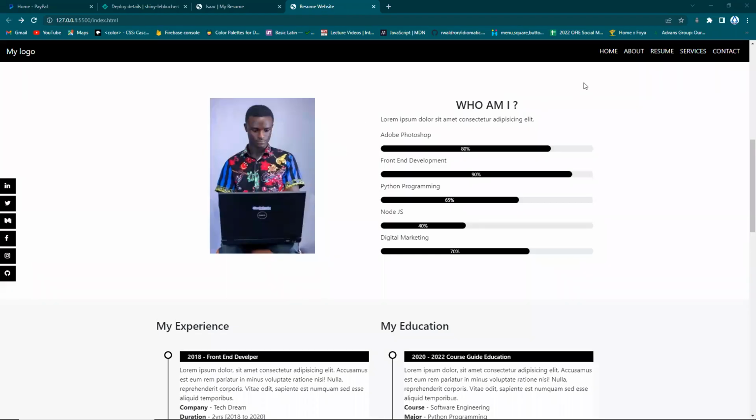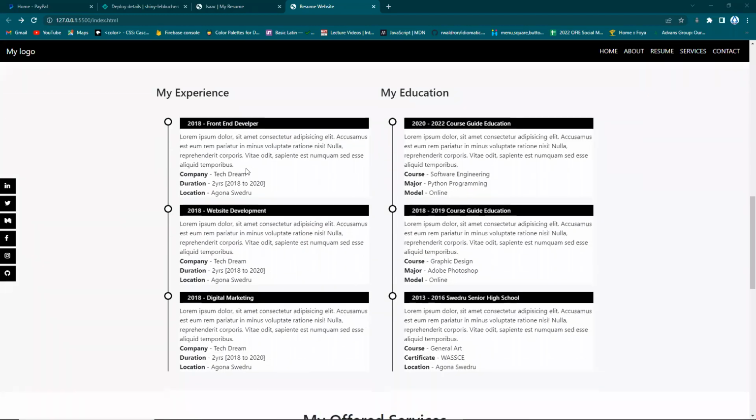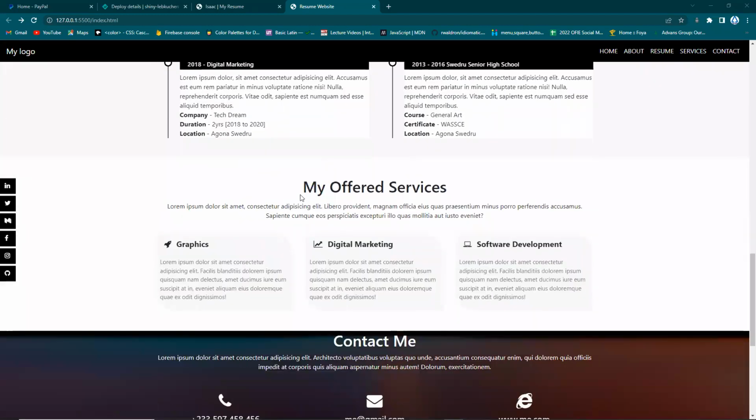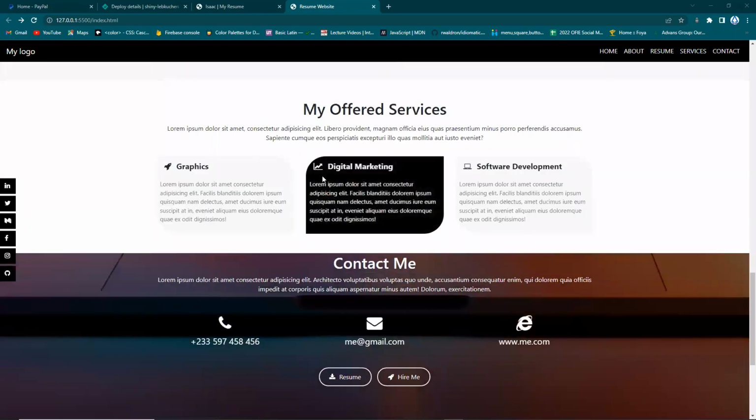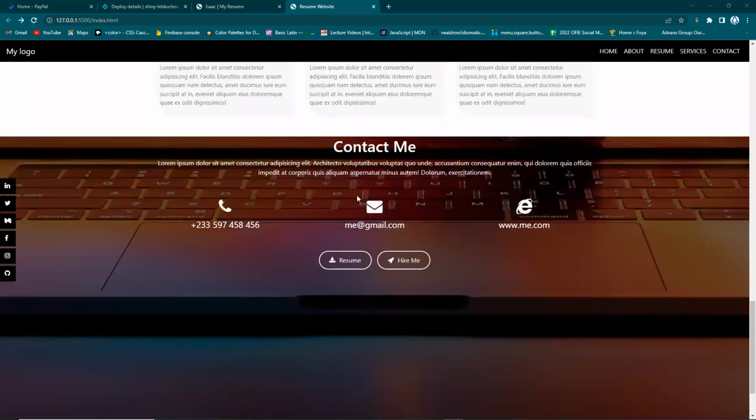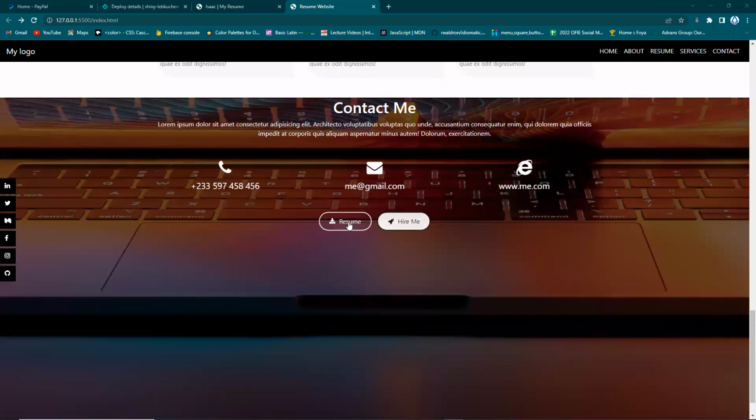Our goal today is to develop the rest of our page. That is the about page, and then the CV page, and then the services page, or that is services section, and then the contact section. Now on this